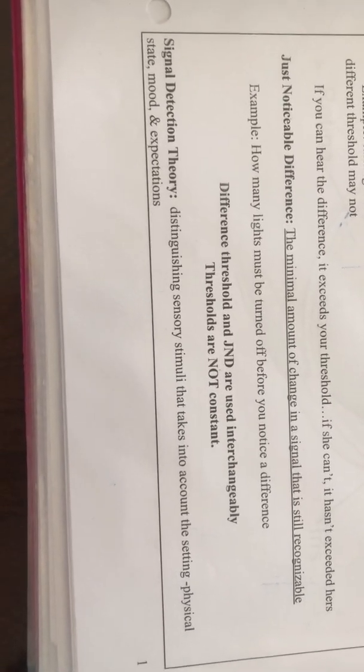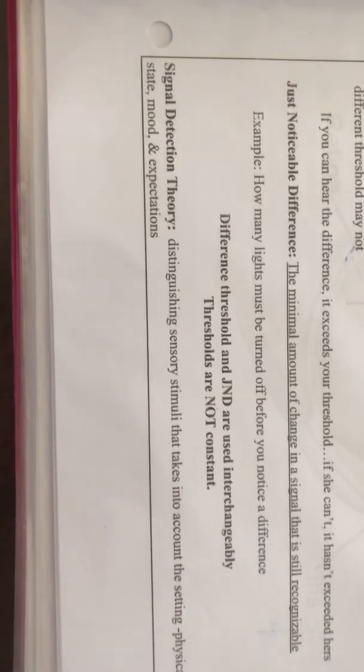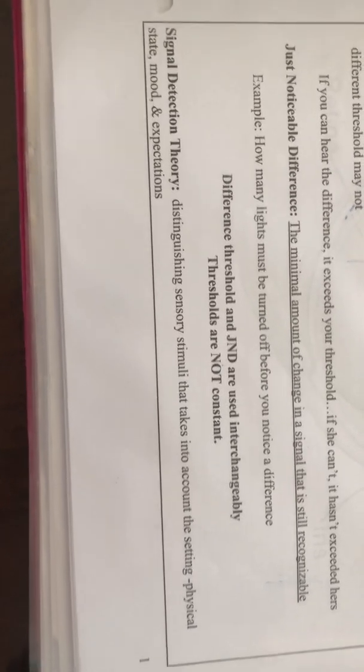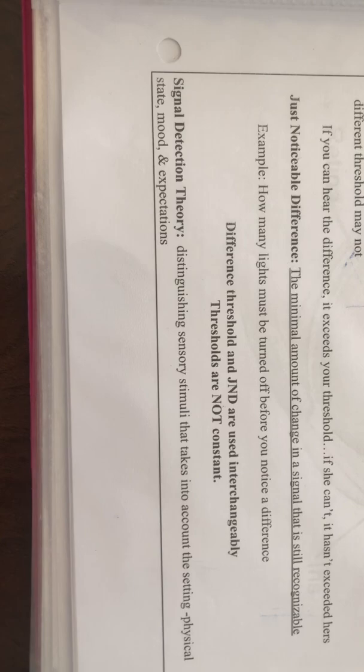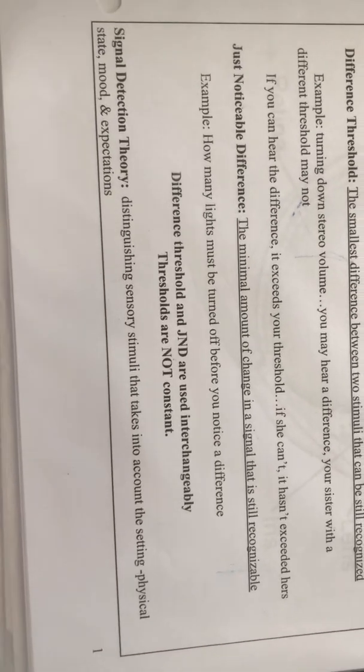Another one might be if you are expecting someone to come visit your house and you hear a car slam next door, you might go out to see if your friend is here, and it may not be them because it was the car next door. But you are looking out for that car slam, so that is your signal detection theory.